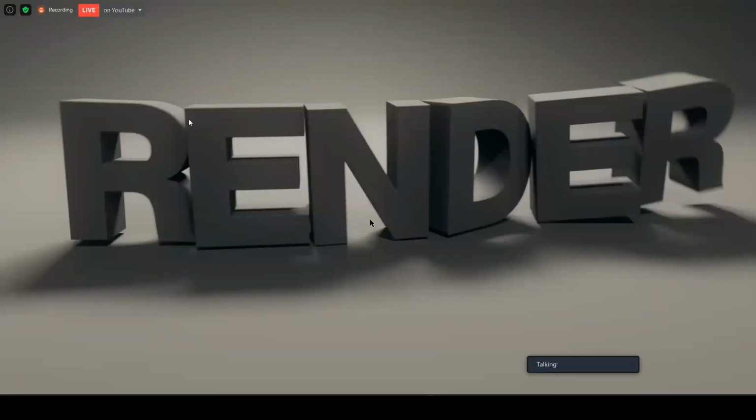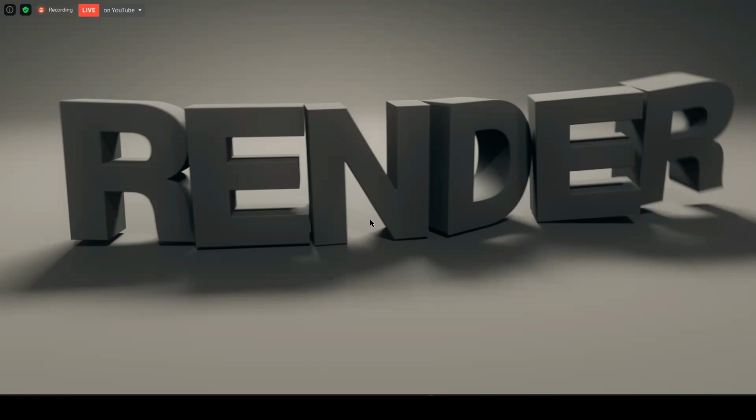I then decided, okay, well, let me branch out and let's make something a little bit more substantial. So I took these words, these letters, the word render, and had them bashed together. I've got a clip. But basically, what I decided to do with this one is just focus on these render engines that you're going to see today, because